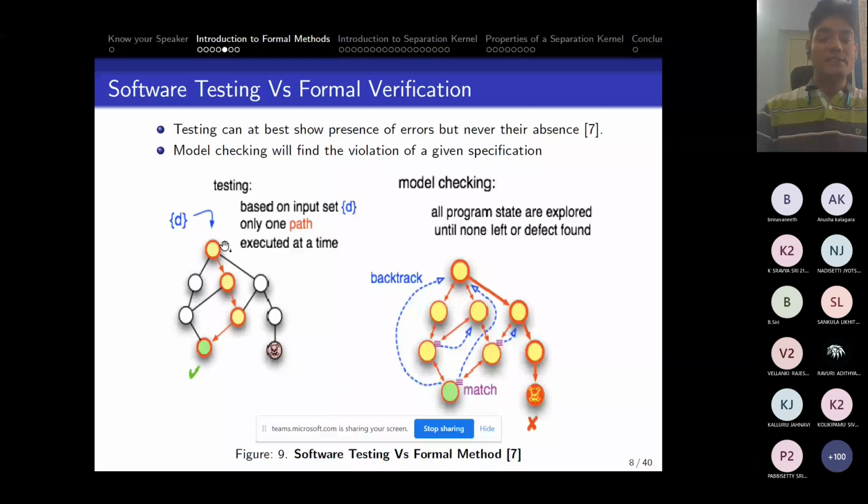let's say this graph represents a program or software, and then you go for the testing of it. As we all know, software testing means we are supposed to create some test cases, test scenarios or test suites. So let's say a program has multiple branches, and you have created one test suite, say D here, and this test suite can go through only one branch of the program's execution. And if you get the correct result, you are very happy that, okay, fine, my software is working fine.